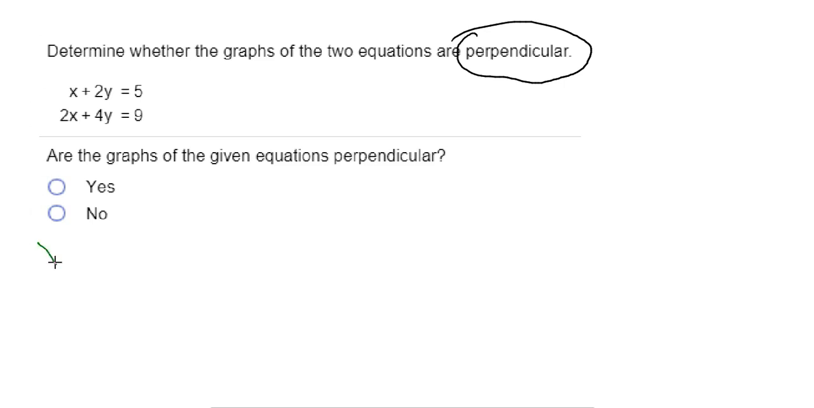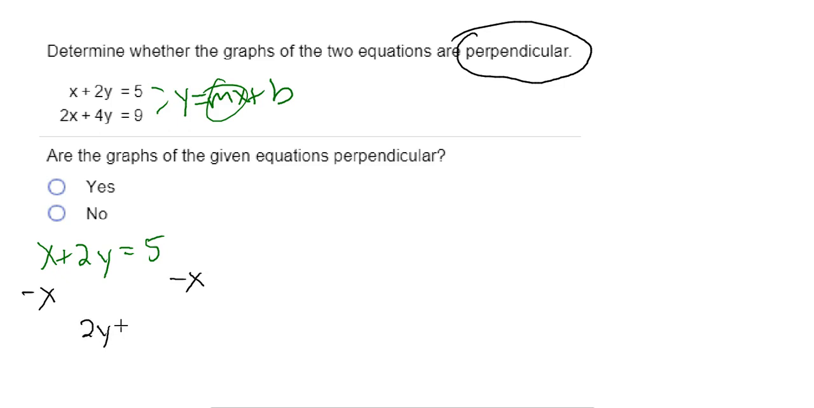All right, so what you should be getting here is x plus 2y equals 5. Right, that's the first equation. We have to get that in slope-intercept form. We have to write both of these equations in the form y equals mx plus b in order to get the slope. So we're going to solve each of them for y. We'll subtract x from both sides. We get 2y is equal to 5 minus x. Then we divide by 2 on both sides, and we will get y equals 5 over 2,